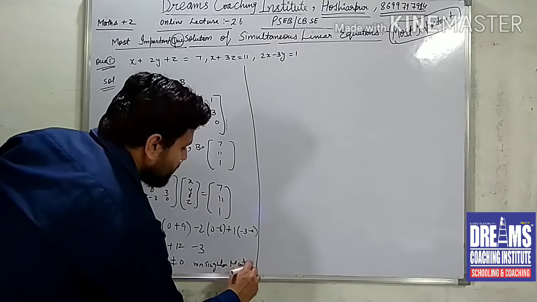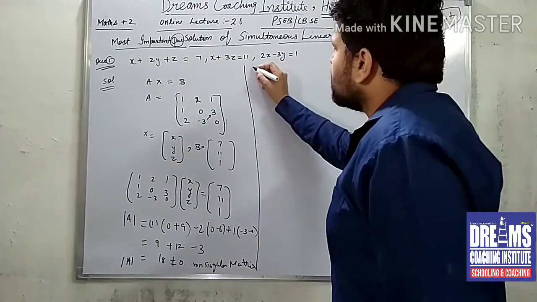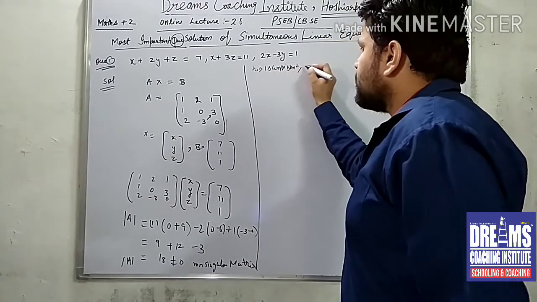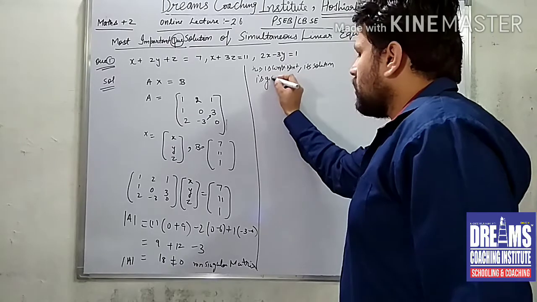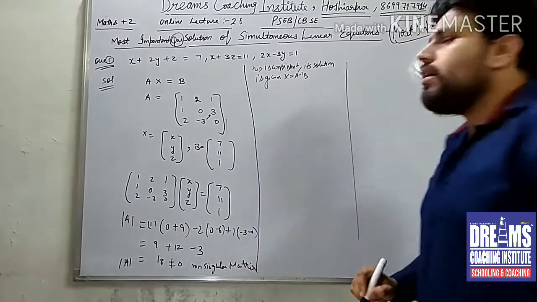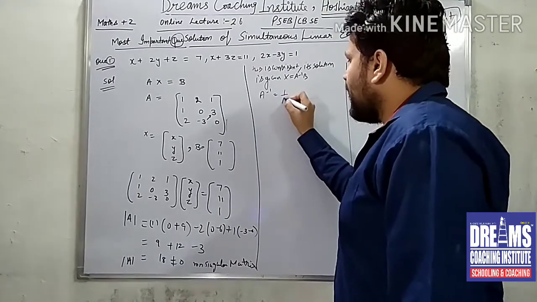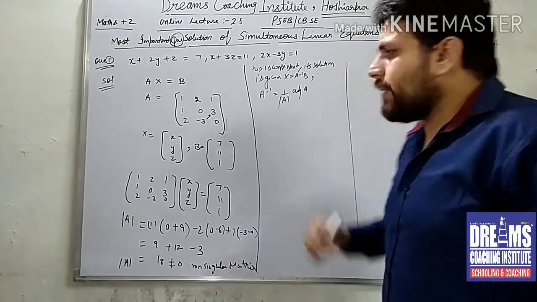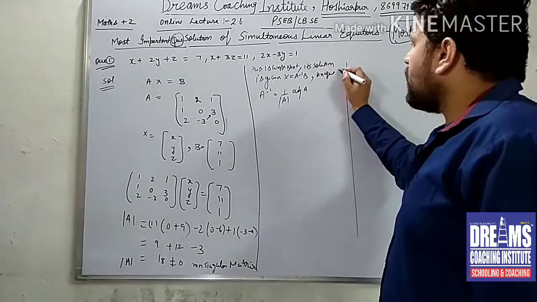तो आपको बताया था what is the method to solve for a non-singular matrix. So the system is consistent, this is the condition of consistency, and its solution is given by X equals A inverse B. So we need to find X equals A inverse B. What is the formula for A inverse? A inverse is equal to 1 over determinant of A times adjoint of A. Because its solution will be X equals A inverse B, this is a unique solution. There will be only one single value of x, y, z, a unique solution.